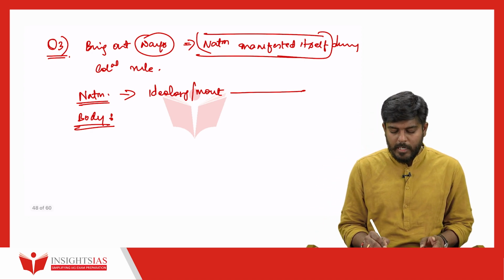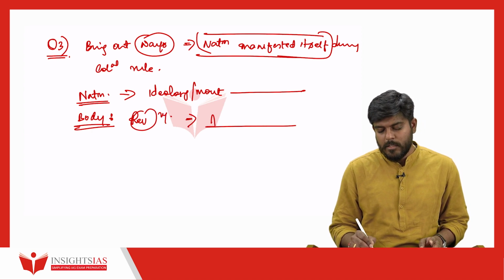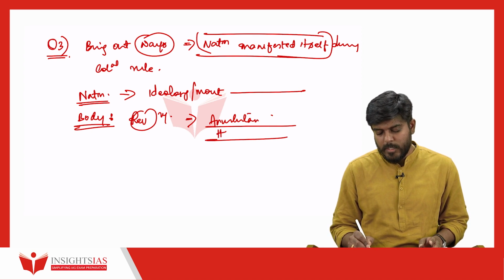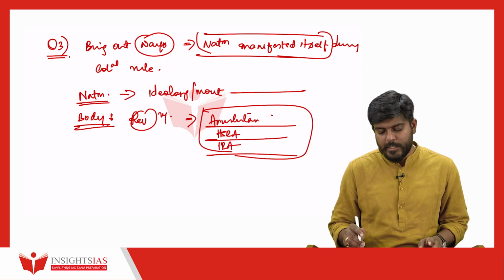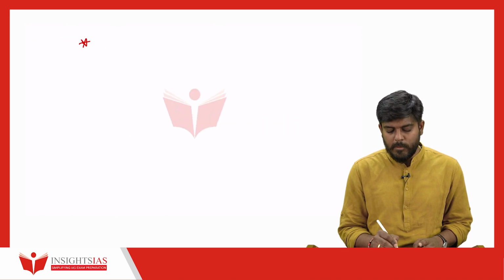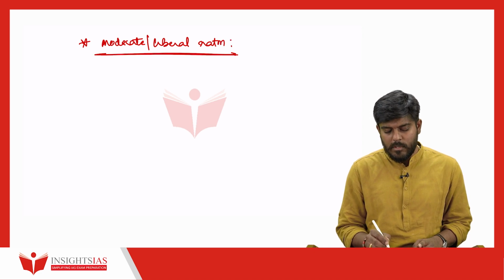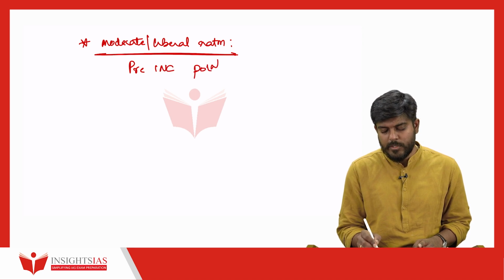For example, you can write about revolutionary nationalism, the role played by the various revolutionaries of Anushilan Samiti and the members of HSRA, IRA. You can mention all of their activities and then you can go ahead. In the next part, you can write about the moderate or liberal nationalism. Here you can write about the various pre-Congress political organizations